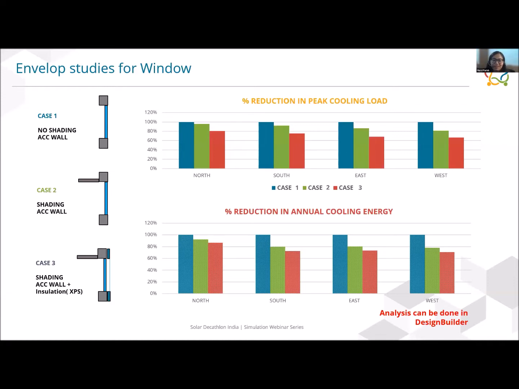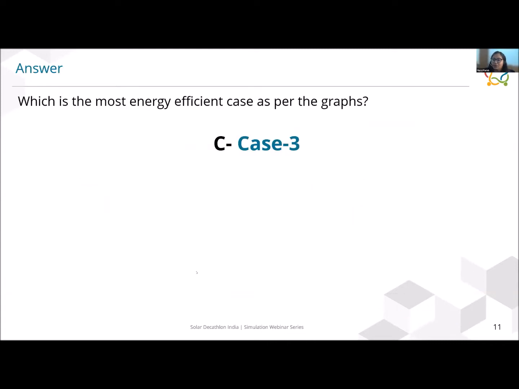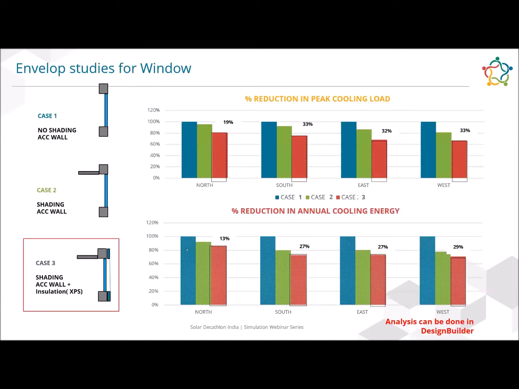Interesting. Most people have again given the right answer, which is case 3. So case 3 is the most energy efficient case. Option 3 here, which has insulation as well as shading, works the best in terms of reducing the peak cooling demand, or peak cooling load as we call it, and then annual cooling energy. So we selected this particular option. In this set, in the education building, we selected the combination of both shading as well as insulation